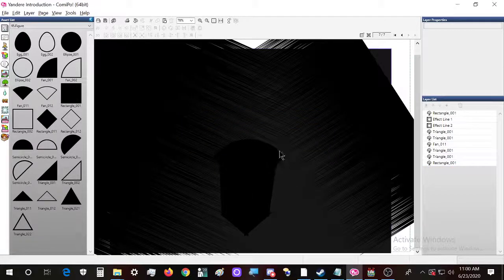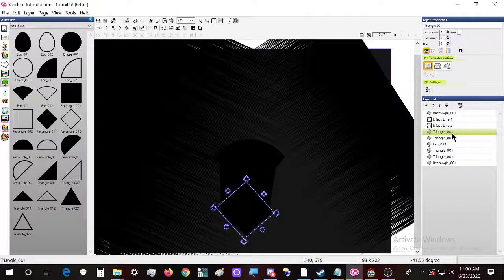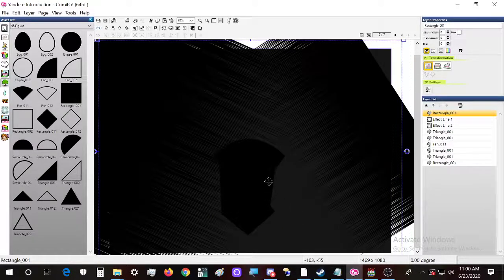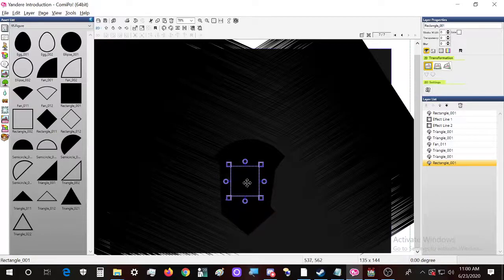Okay, so let's see how else I can improve things in here. Let's rearrange this. Okay. Now we have the rectangle that we can take in here.